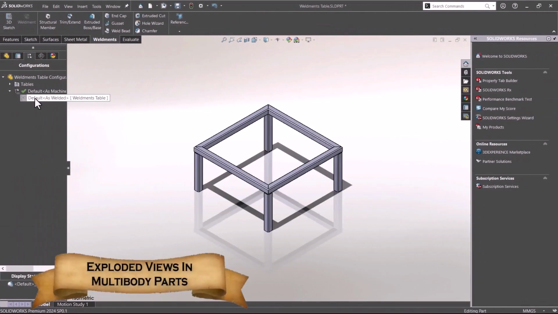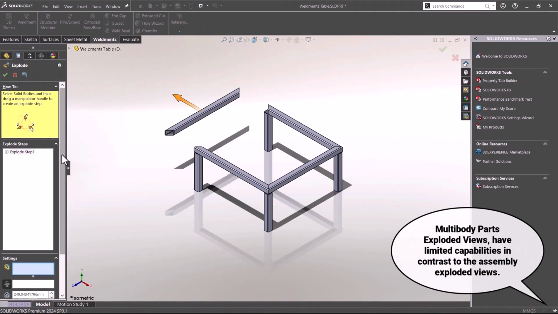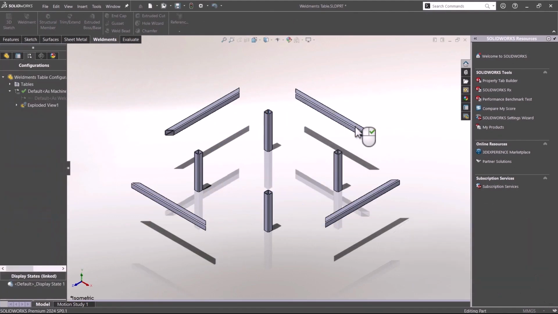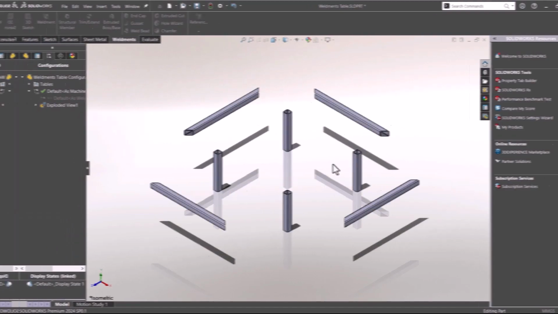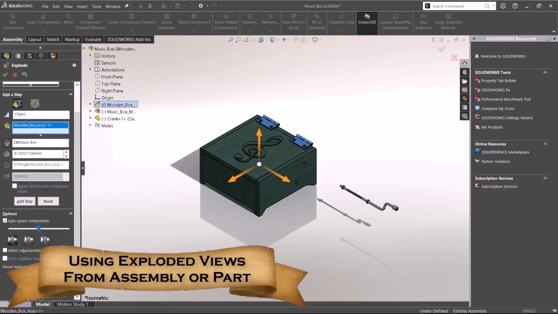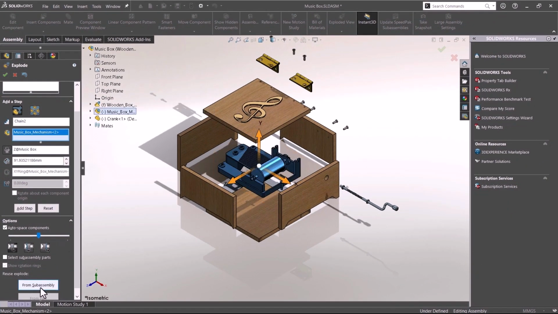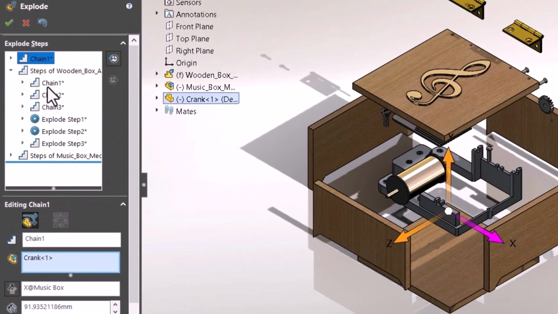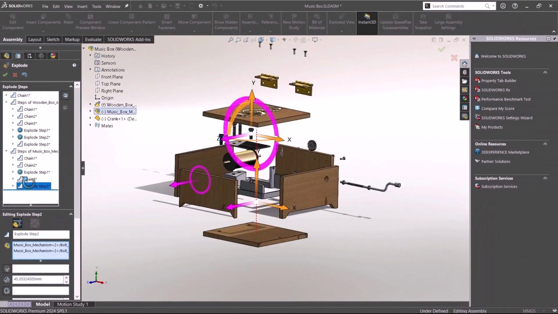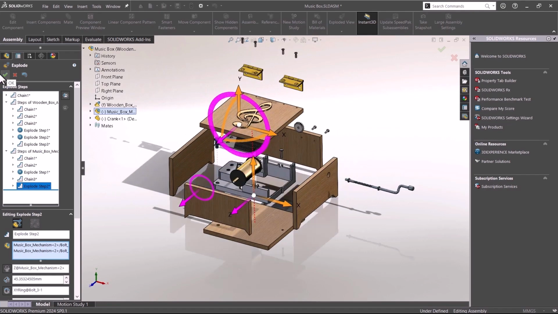A quick note here, exploded views can be applied in multi-body parts. While the choices may be fewer than in assembly exploded views, it remains a valuable tool, especially for occasions like frames designed with weldments. If a subassembly or a multi-body part already has an exploded view, we can seamlessly utilize it in another assembly. Steps are conveniently included in the exploded steps tree. This offers an extremely efficient and quick way of reusing exploded views for subassemblies or multi-body parts used throughout your SOLIDWORKS creations.